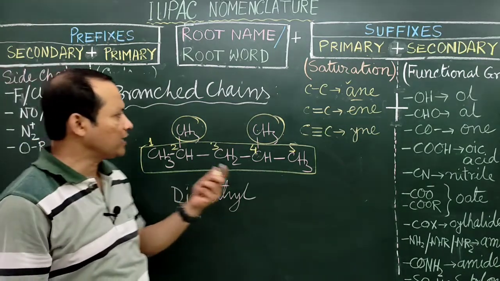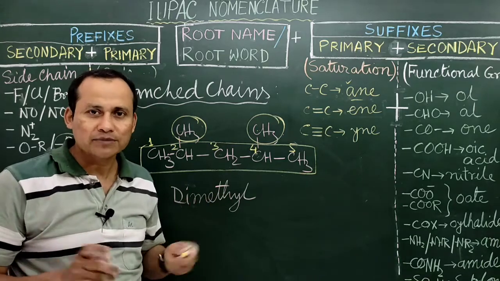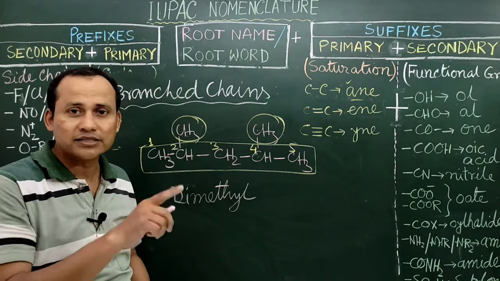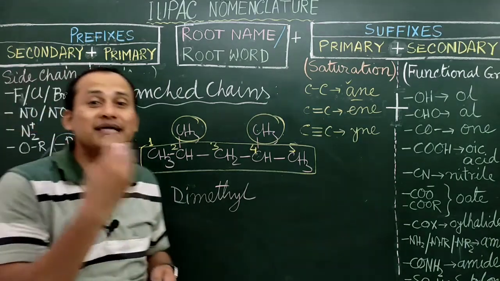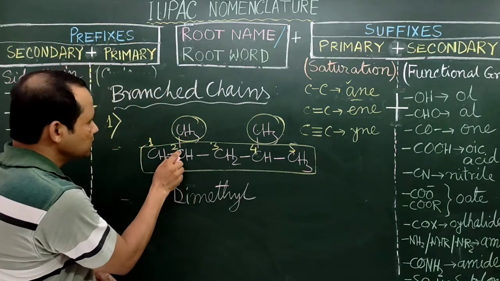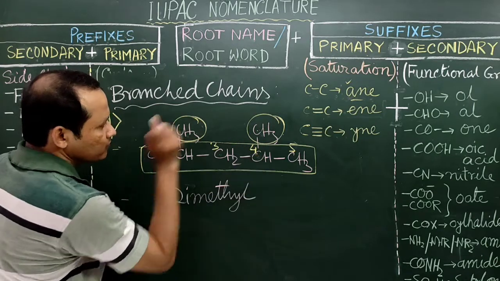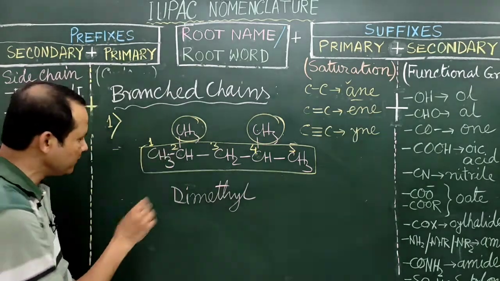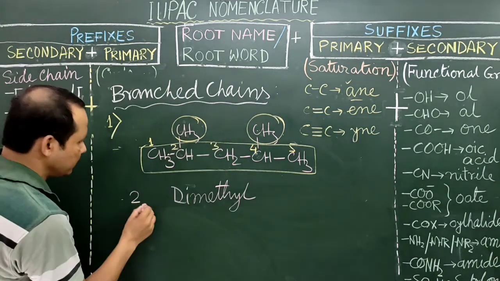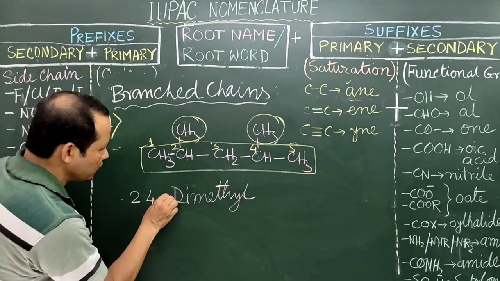Now the other question: 2 methyls are there, okay fine up to this, but where the methyl groups are there, is it clear from this? No, it is not clear. So you have to make it clear where the methyl groups are present. Look, this is present with the 2nd carbon atom, this is present on the 4th carbon atom, so they are to be mentioned. So one methyl is on 2nd, another is on 4th,